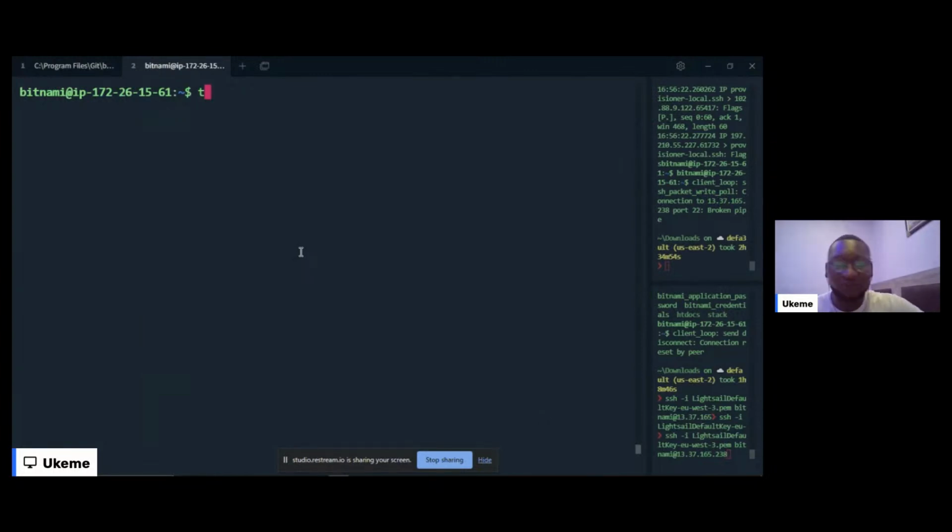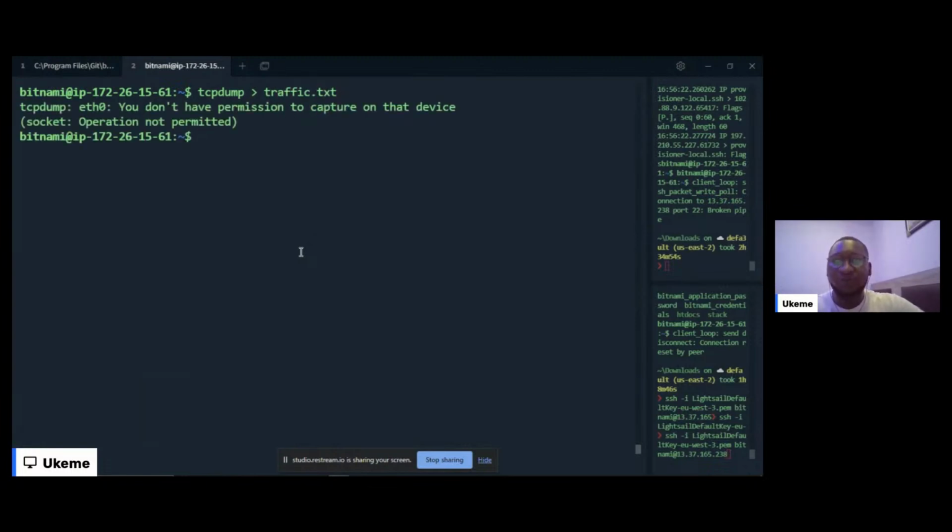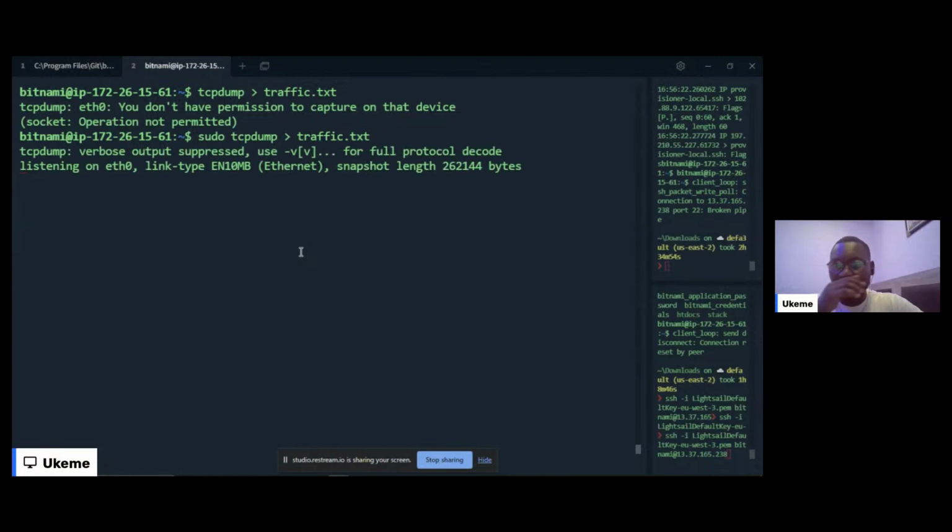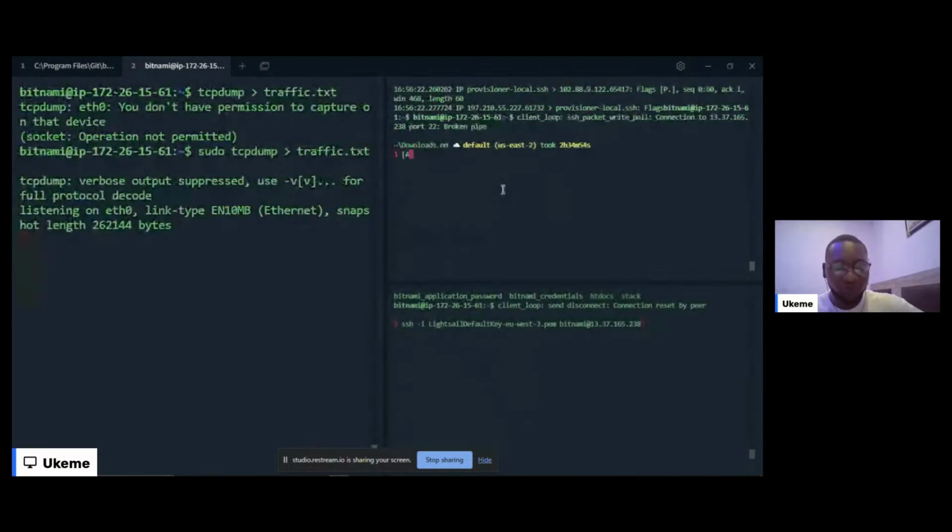If I say tcpdump, and then I do this, and then I say traffic.txt, sudo, it's basically going to write to that file. Let me go into that server from here.